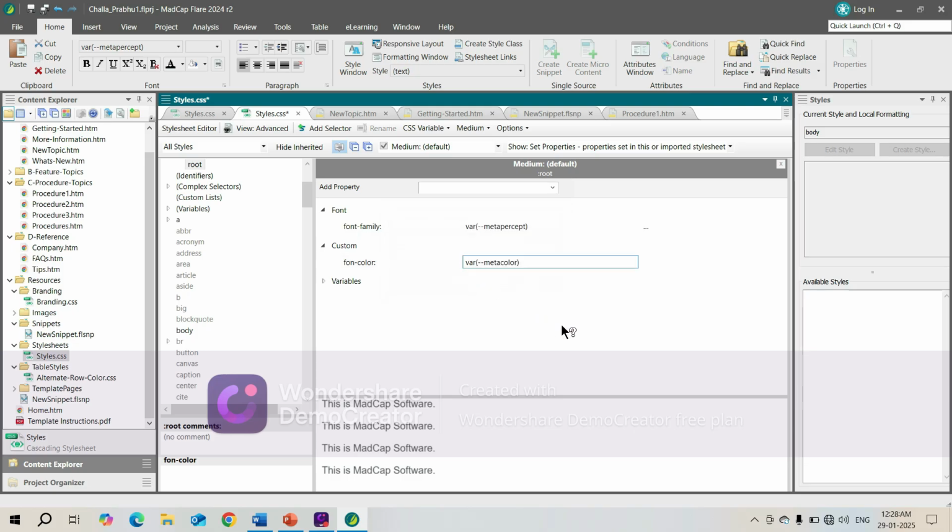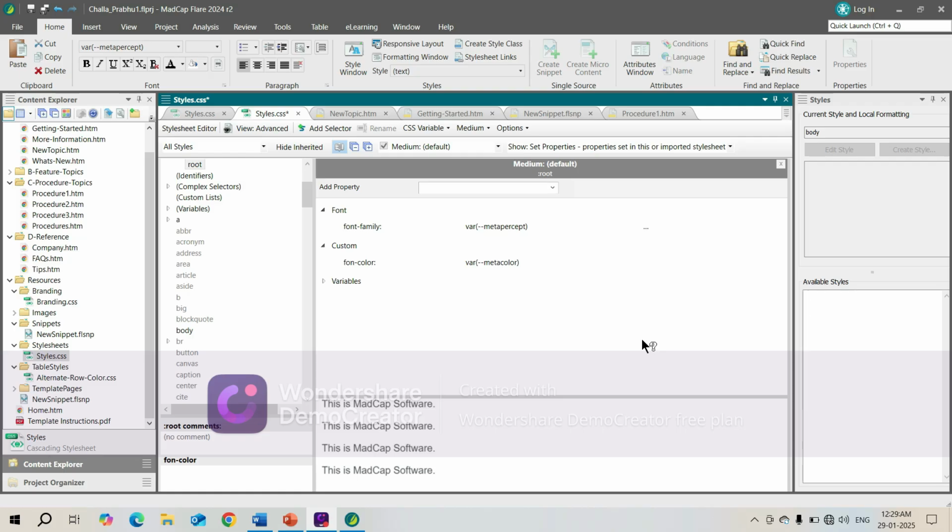In this way, I can choose a color picker, assign that hexa value there, store it as a CSS variable, or I can also add it as a CSS selector, create a class, and assign all this. So basically, whenever you work on any project, for example, a maintenance project that comes from someone who is very well experienced in MadCap Flare, who has already created a document, and it comes to you,